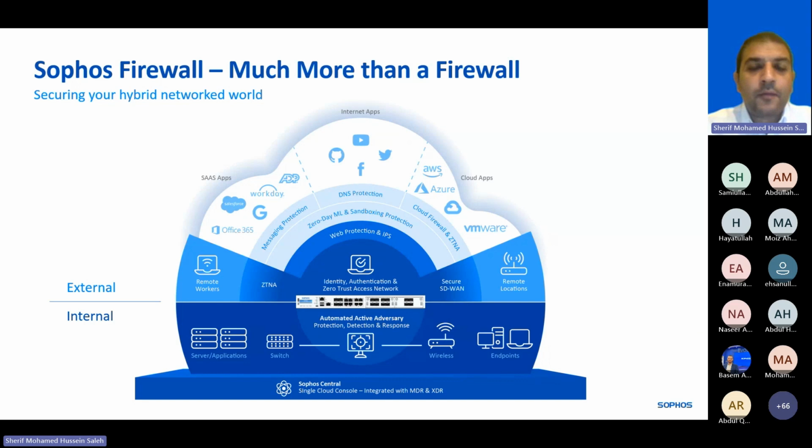And now the firewall is part of Zero Trust Network Access as a ZTNA gateway. This solution provides different types of connectivity, authentication and authorization, so that we can ensure the remote users are using a protected endpoint, are using single sign-on, and also have access only to the applications they